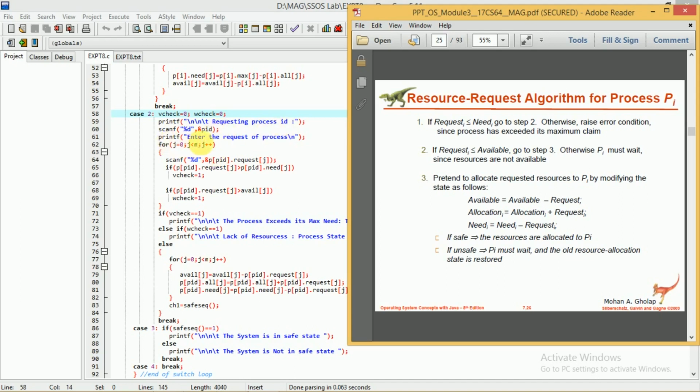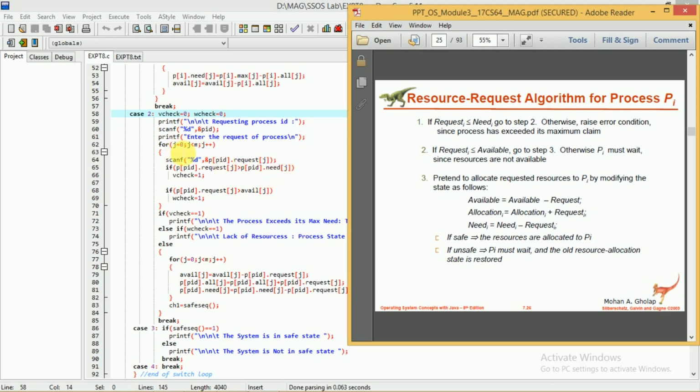After that we have to read the new request. For that we have printf enter the request of the process. To read that we have for j equal to 0, j less than m, j plus plus, scanf %d ampersand p of PID dot request of j. Here itself we read the request, and along with this we check whether p of PID dot request of j is greater than p of PID dot need of j.